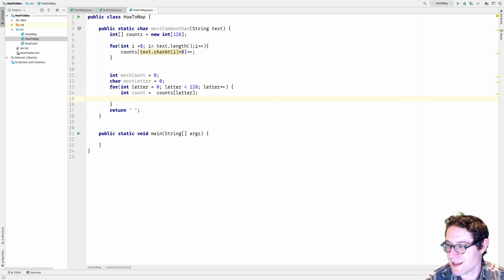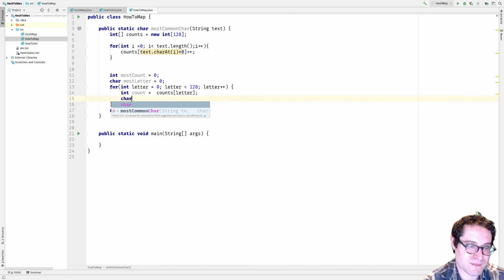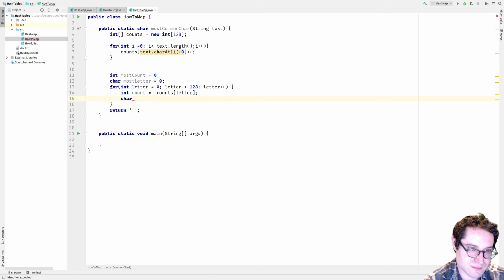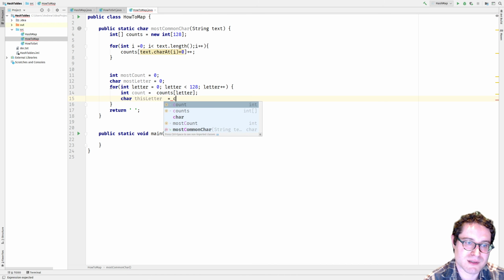Also notice the lack of any explanation I'm giving to this. It is very annoying to do, and really you can only do it if you know what you're doing, which is kind of paradoxical. How do you learn then? Okay, counts letter, get the count for that particular letter, which is a number, right? And get the char,